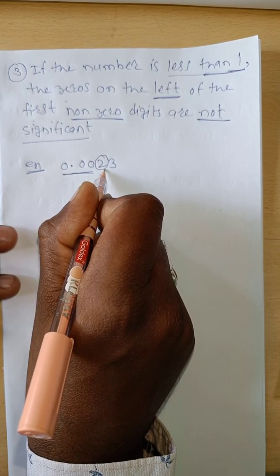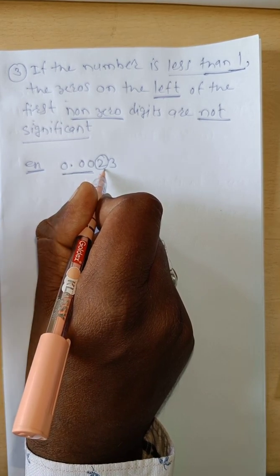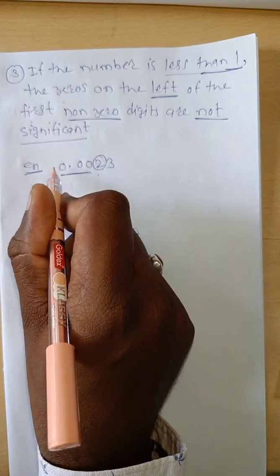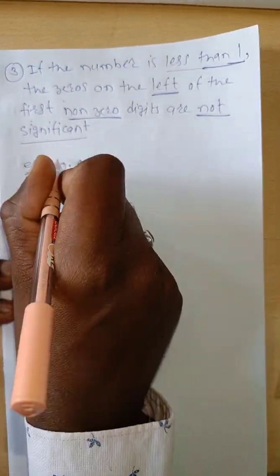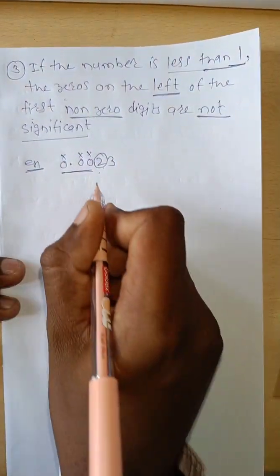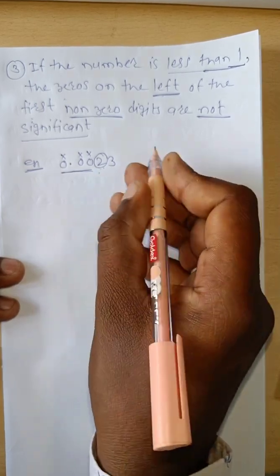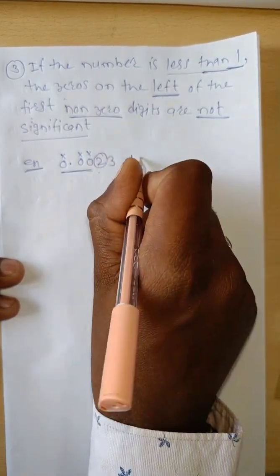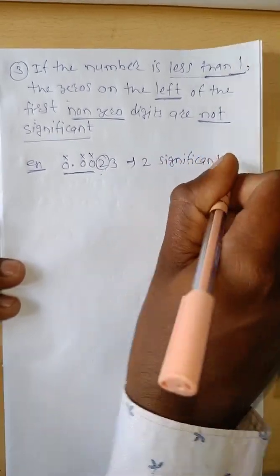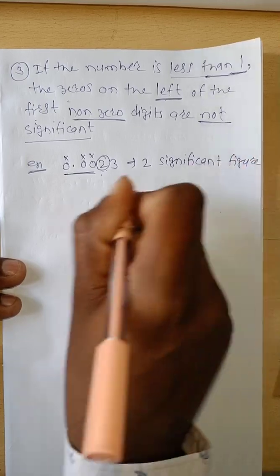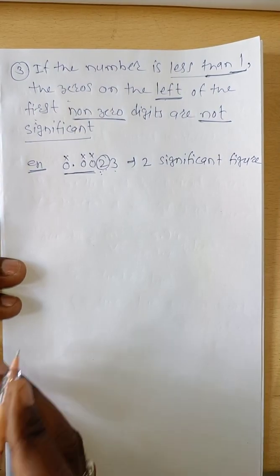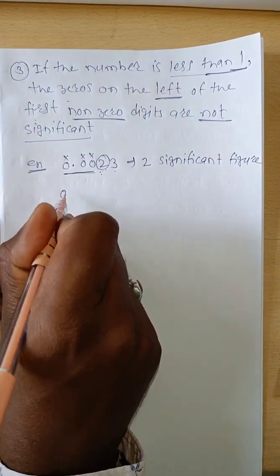The first non-zero digit is 2. Therefore, to the left of the first non-zero number, those zeros are not significant. This is not significant, this is not significant, this is not significant. So the only significant digits are 2 and 3. Therefore, this number has 2 significant figures. This 2 is one significant figure and 3 is another. Now next example,